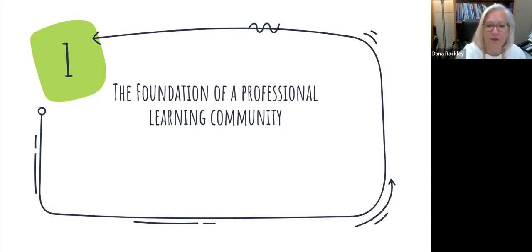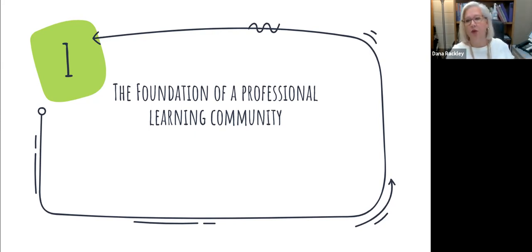Guys, several of us have been in education for a long time. I don't know how many of you are brand new to education, but this is hard work. It is hard work, and we need to share the work. We don't want to just be running around playing whack-a-mole. We need to support each other, work together, because there's a whole lot to do for these little guys. And I want you to be able to work with those in your building, those in your entire district or the state, to work together and to support each other.